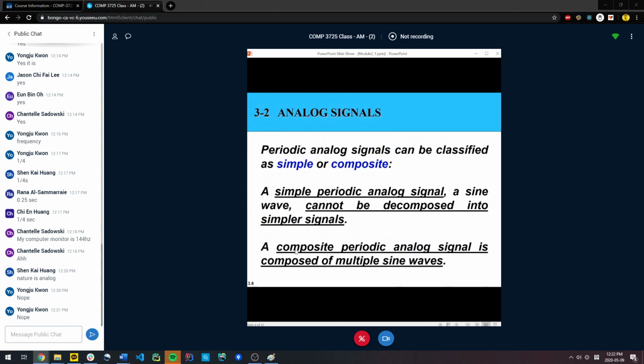A composite signal is one that consists of multiple simple waves, which means we're taking multiple simple waves that are being transmitted, and then aggregating them in time to become a composite signal. So can you give me an example of a simple wave and its corresponding example of a composite? What is a simple wave that you've experienced in life? And what happens when you aggregate those simple waves? Can you give me a corresponding example of what that composite could be?